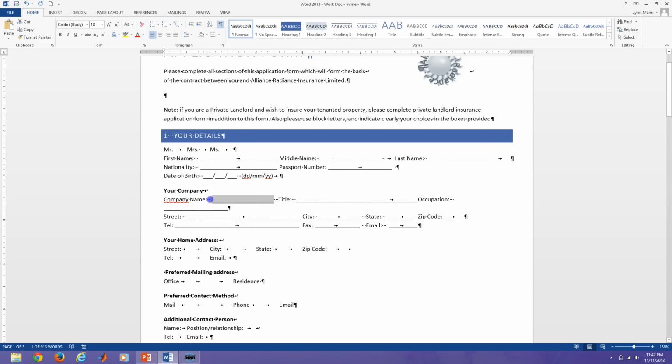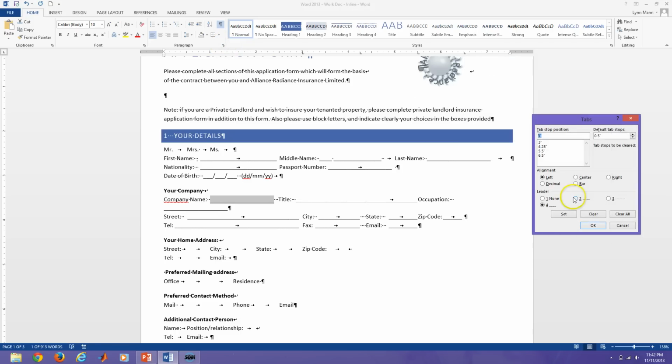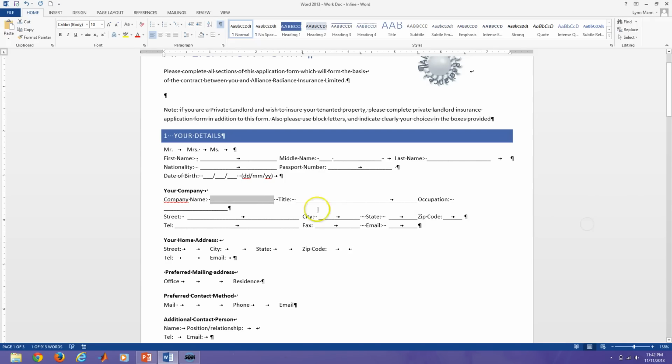So highlight it, go back to our paragraph, go back to tab. I want 4.25 because it is a name of a company, maybe it's long. And I set,